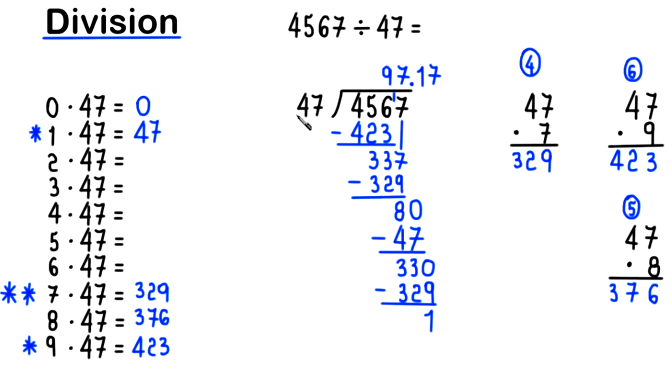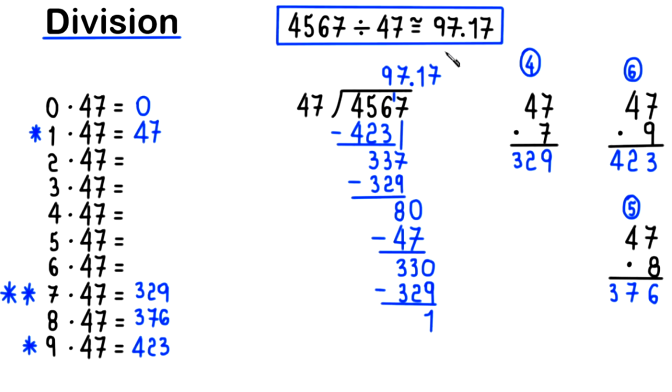If you multiply 47 times 97.17, you will get almost 4,567. It would be necessary to add just 1 cent to get the actual result. So this is a good approximation. Since it is just an approximation, I will write this symbol here. So a good approximation to the exact result of 4,567 divided by 47 is